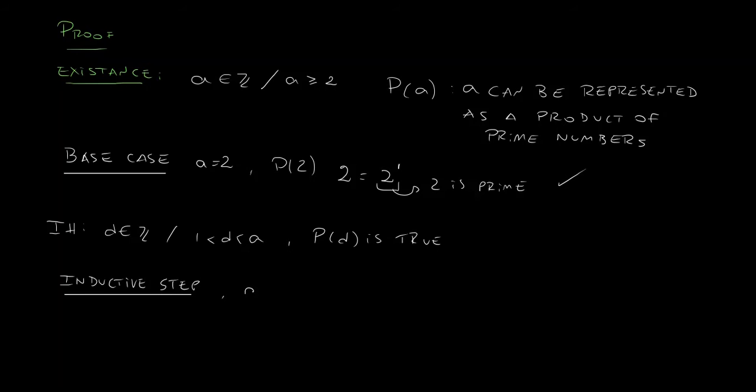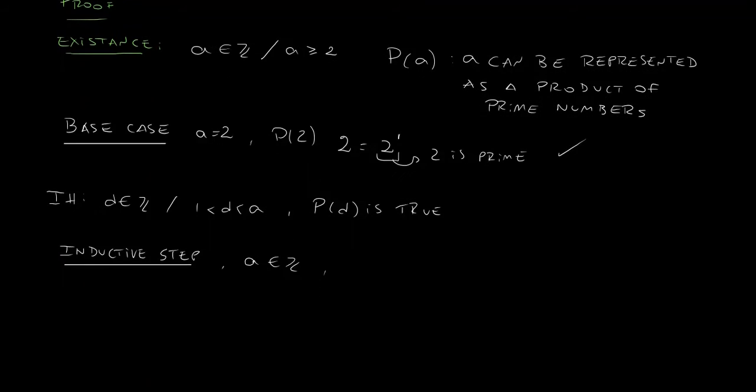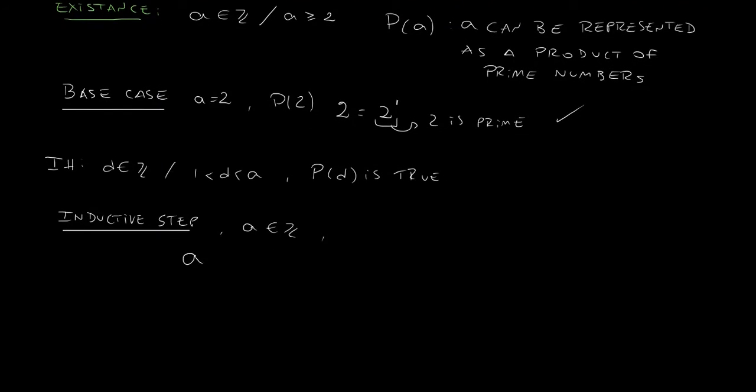What we have to do is first take an integer a. Now we have two options for a. The first one is that a is prime, and if a is prime, then a equals a to the power 1, and it's what we wanted to prove. And if a is not prime,